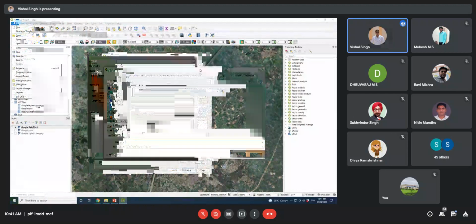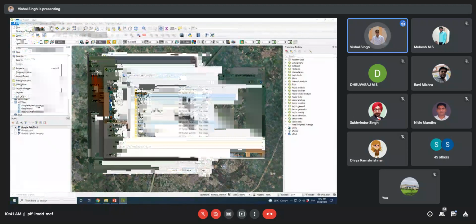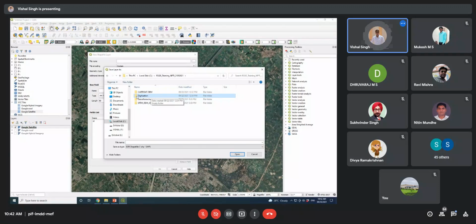Suppose I am working in the C drive, in this folder. For creating the shape files, I have made a folder called digitization. You can also create a folder like this, or save wherever you want. I will go inside and save my point shape file.